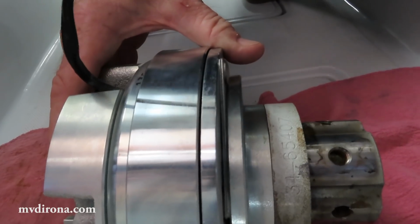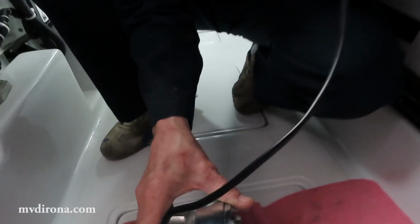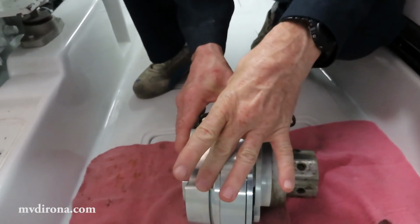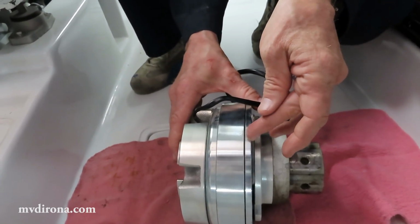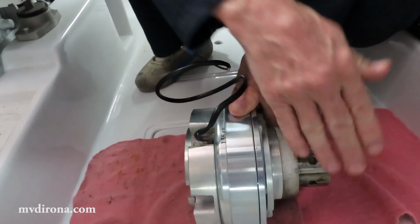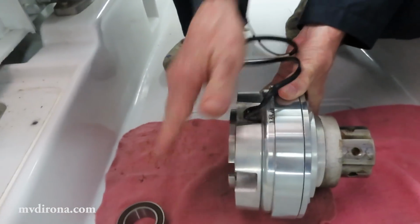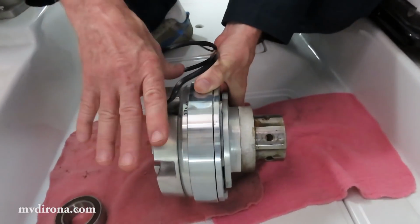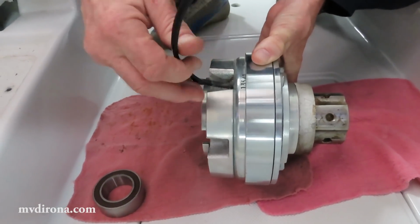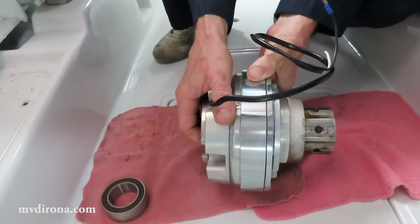When this electrical line right here gets energized, it creates a magnetic field in here which closes this clutch. The impact of closing the clutch is to connect this side with this side, which means the clutch is connected. This outer piece that stays still, stationary, which of course has the electrical line in it, is always